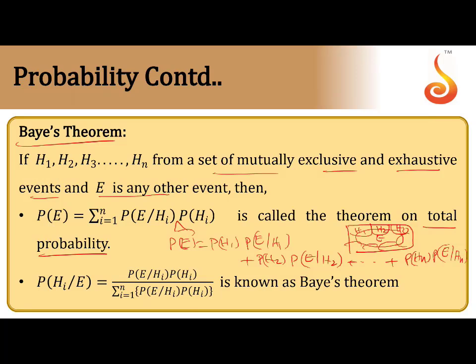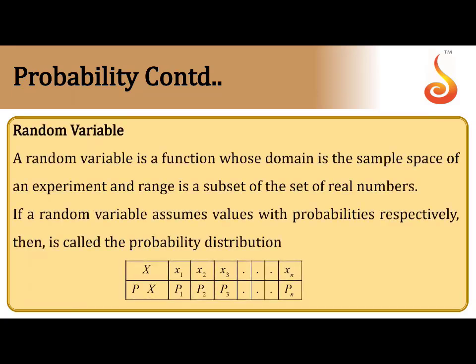So this is the total probability theorem. In a particular case, P of Hi given E is nothing but P of E given Hi into P of Hi, by total probability. That is nothing but Bayes theorem. I hope everyone knows Bayes theorem properly, so I need not explain much. So that is how to apply Bayes theorem from the total probability. Clear this one? Next, the last part of the probability concept: random variable.